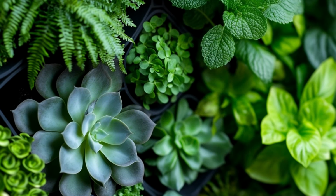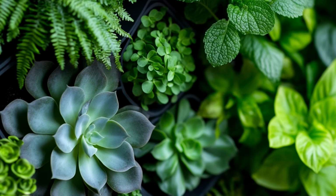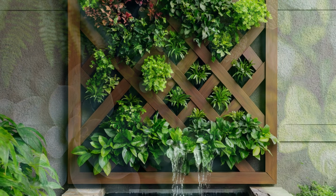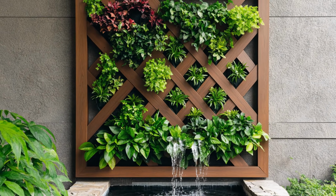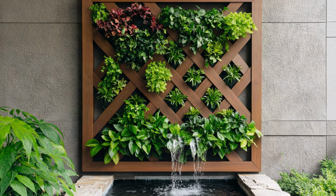The garden wall facing the south was turned into a living mosaic. Using a custom-built wooden trellis frame, the designers incorporated pattern panels of different plant types, creating a tapestry effect. This not only serves as a visual anchor in the garden but also stimulates biodiversity, attracting pollinators like bees and